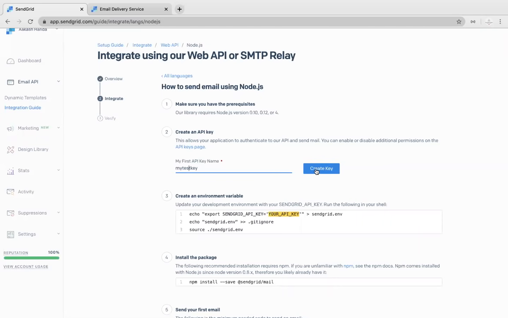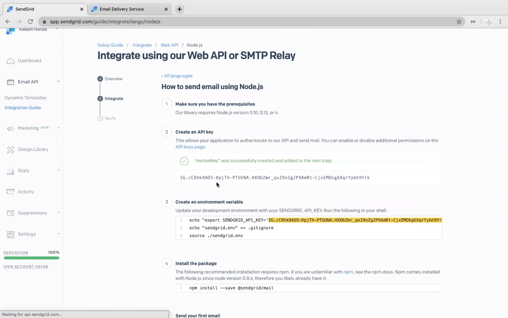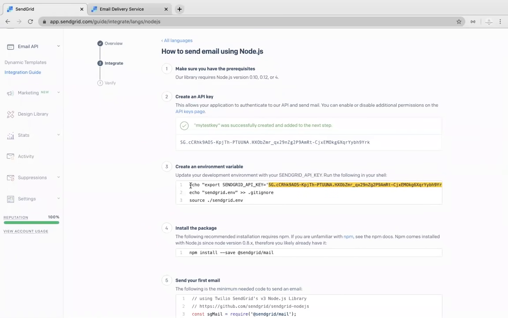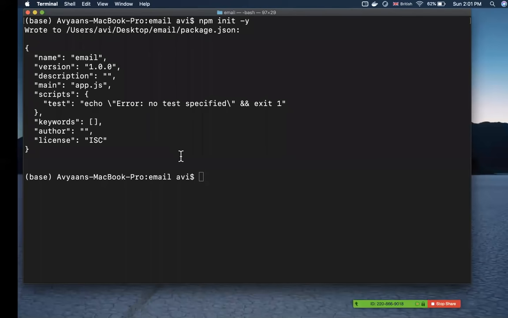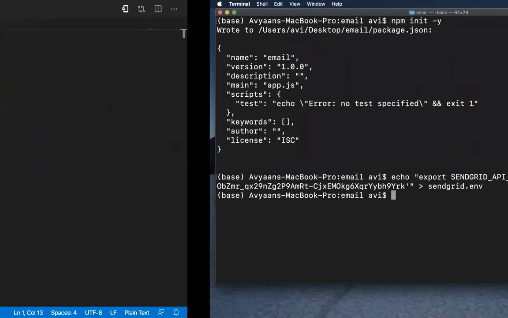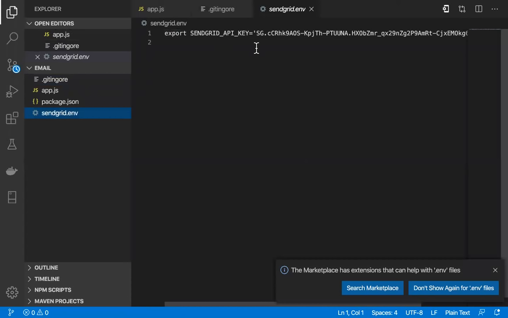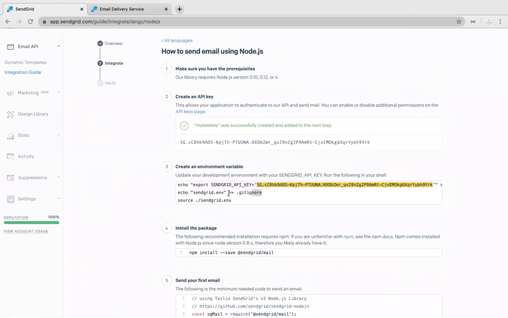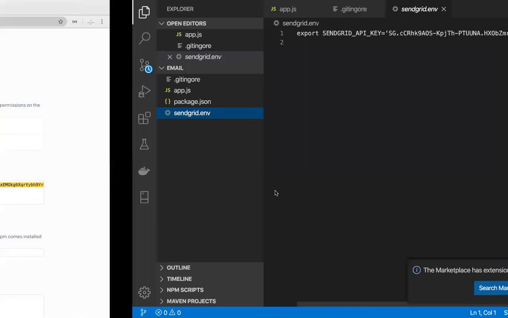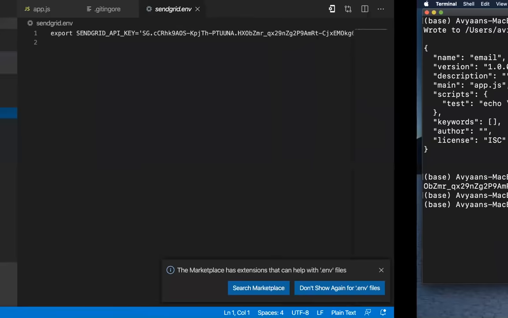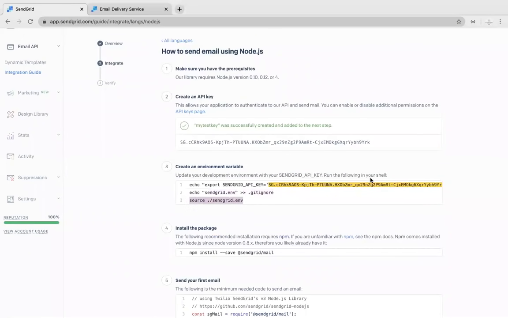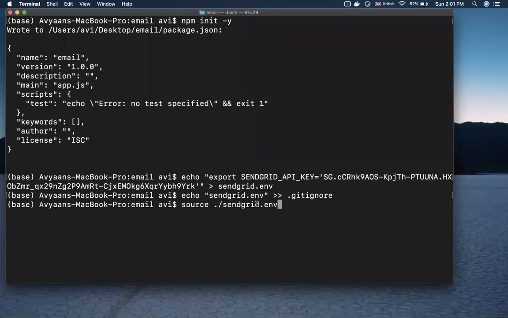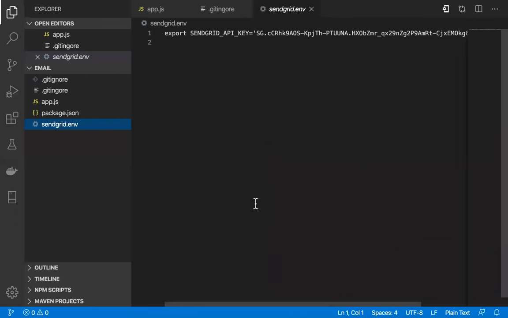Once you set that up, you just say create key. And once your key is generated, you have to set an environment variable. Why? Because when my application runs, it needs to have an environment variable with it. So just copy this command and paste it in your terminal. What it does is create one .env file with your key. Next, it says add this key into the .gitignore so that we never push that to git. And all the code I'll make available through GitHub. After that, we specify to pick the environment variable from this file. That's the small setup we did for our key.